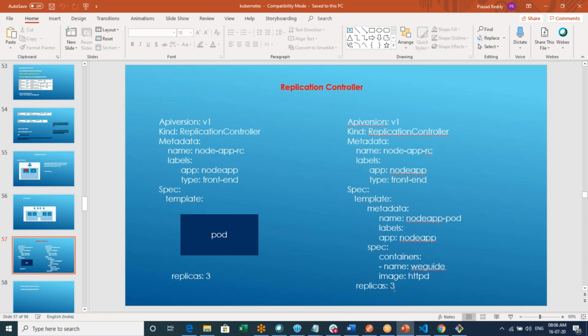So 3 pods automatically get created by Kubernetes for you. Fine, so that is a replication controller. You are just placing your pod definition file under the template of specifications. That's how we create a replication controller.